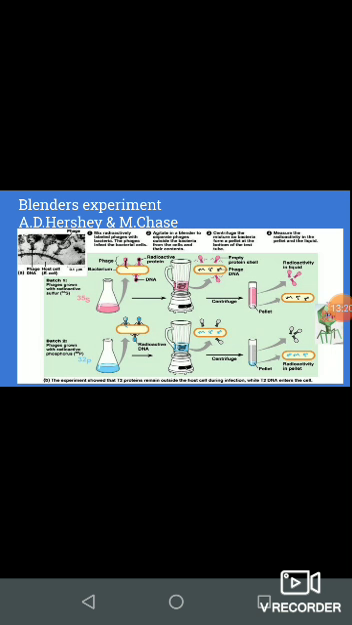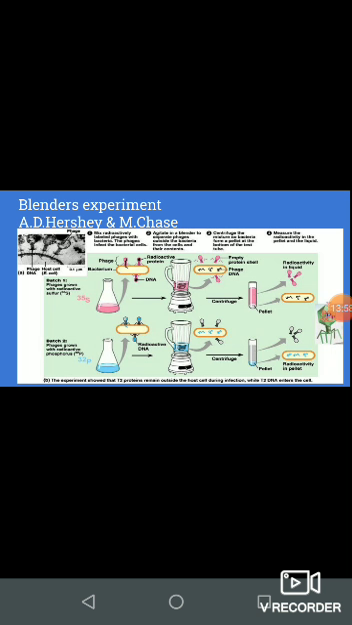So here in the separation, the sulfur moiety is the protein ghost. After bacterial infection, as we all know, the protein ghost remains outside the cell. That's why automatically it is separate from the bacterial cells, and it is present within the supernatant. So they observed that the sulfur moiety is present within the supernatant, and the pellet